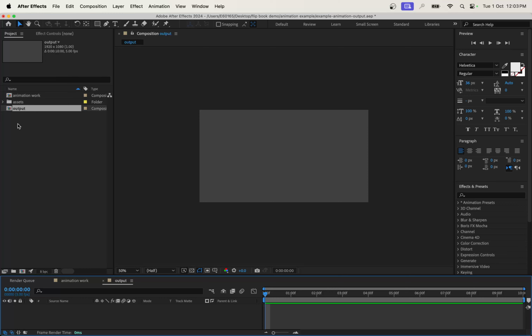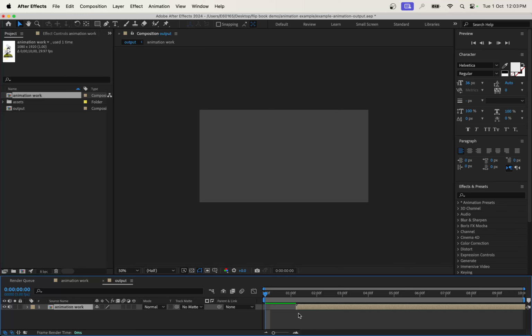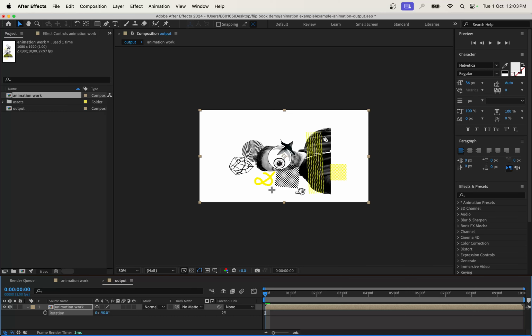So I'm going to go OK, and then I'm going to pop my artwork into that comp and just line it up, and I'm going to rotate it minus 90 degrees. I'm going to go minus 90 like so, and that's perfect because our book's going to be